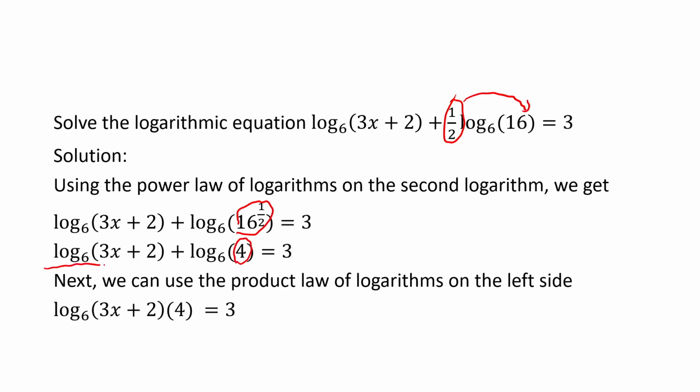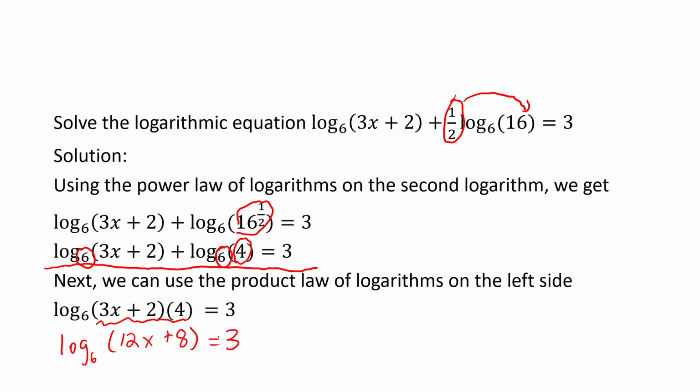So in this line here, we've got log base 6 of 3x plus 2 plus log base 6 of 4 equal to 3. Now, we know that if we're adding two logarithms and it's the same base, what we can do is make one single logarithm where we're multiplying those two arguments. And we show that. And so what we have is log base 6 of 3x plus 2 times 4 equal to 3. Well, we know that the quantity 3x plus 2 times 4 is the same as 12x plus 8. That's just using the